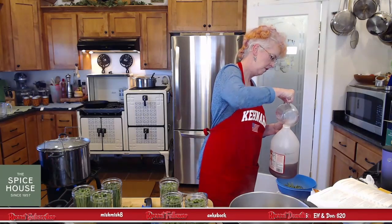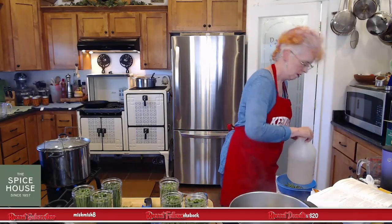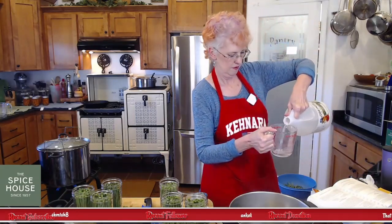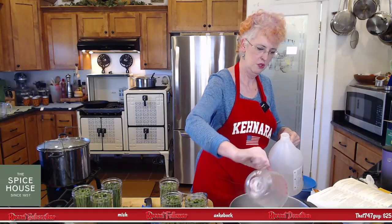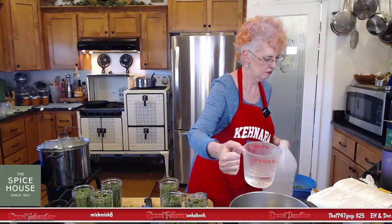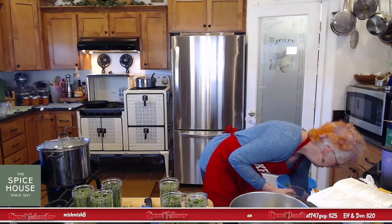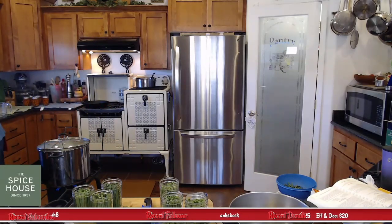Oh, I love the smell of apple cider vinegar. Remember, we talked about that too. Not all apple cider vinegars are the same. Heinz is the worst of the apple cider vinegars you can purchase. There's 2 and a half. So if you're using apple cider vinegar for flavor, read the ingredients. The apple cider vinegar that's done by Heinz is